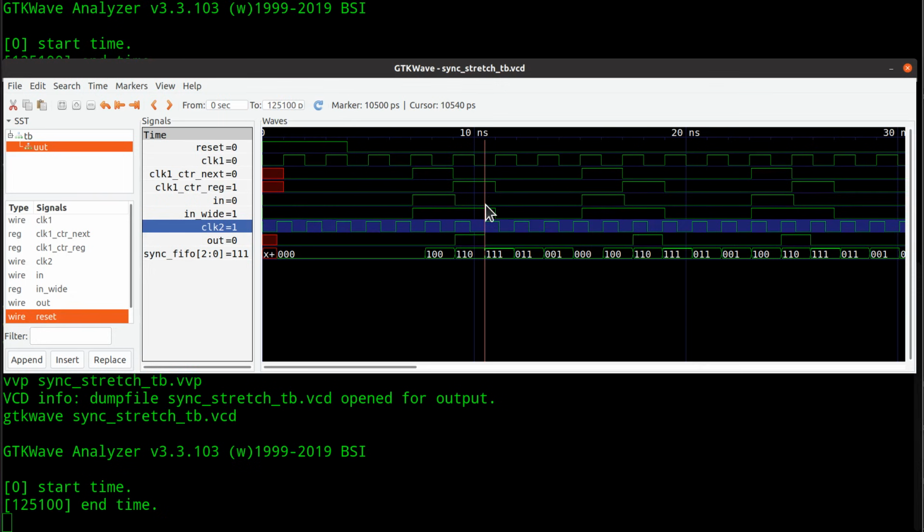Yes, it would not, actually. So we need to be careful of that. We have to wait until the stretched out signal goes low for 1.5 periods of clock 2. I mean, that's the way you would do this. You would say, I need